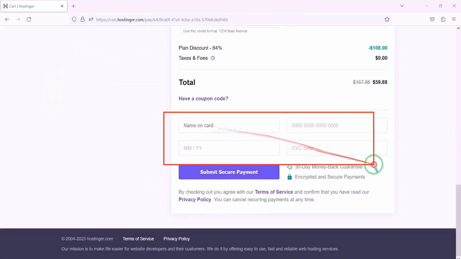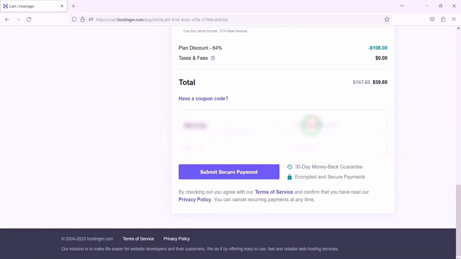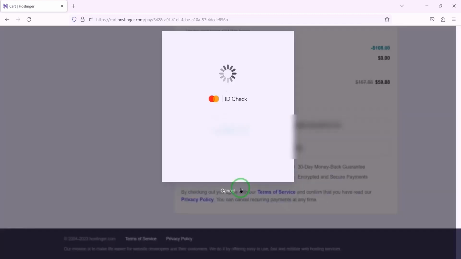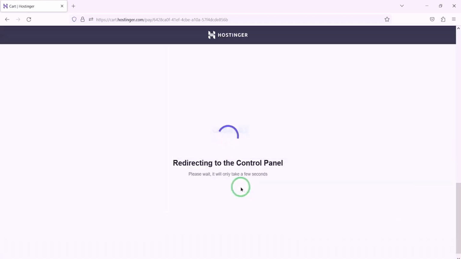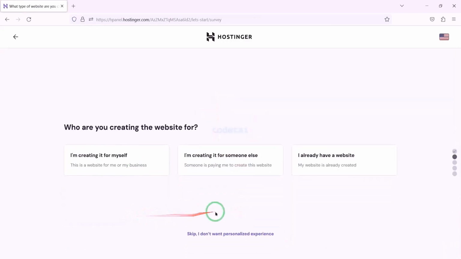For this, we need to submit correct card information here. Then we have to confirm the payment by clicking this button. Our payment is complete. We will now click on the Start Now button.